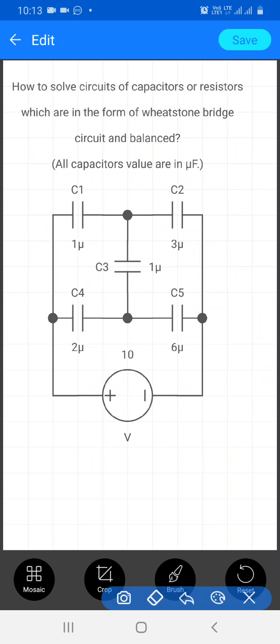Here in the capacitor circuit, it is given C1 1 microfarad, C2 3 microfarad, C4 2 microfarad, C3 1 microfarad, C5 6 microfarad, and battery is 10 volt. And we have to find the equivalent capacitance between the branch AB. And if I put here D and E,